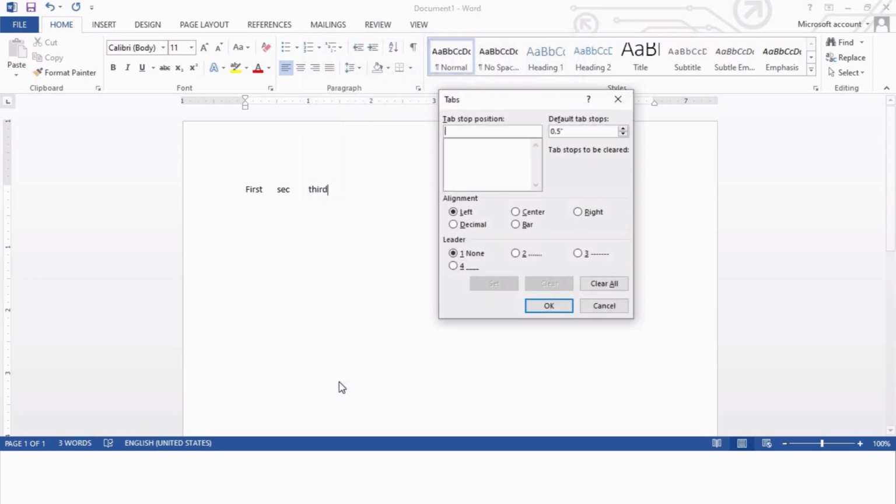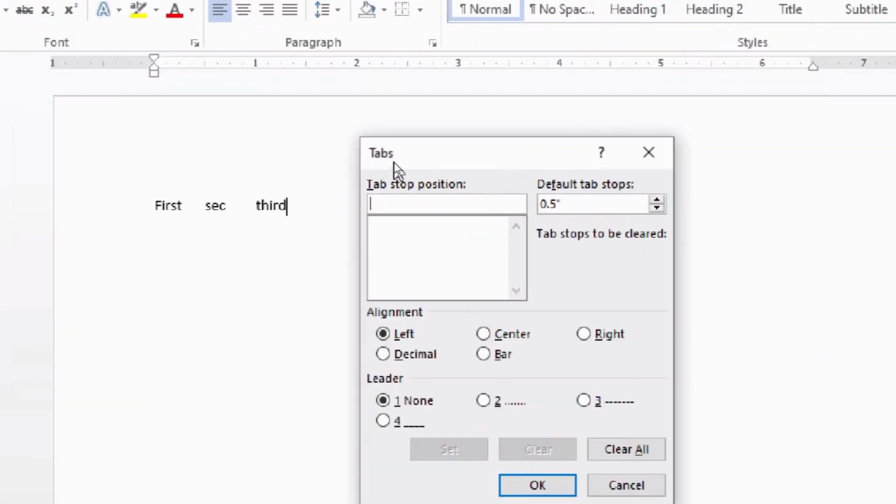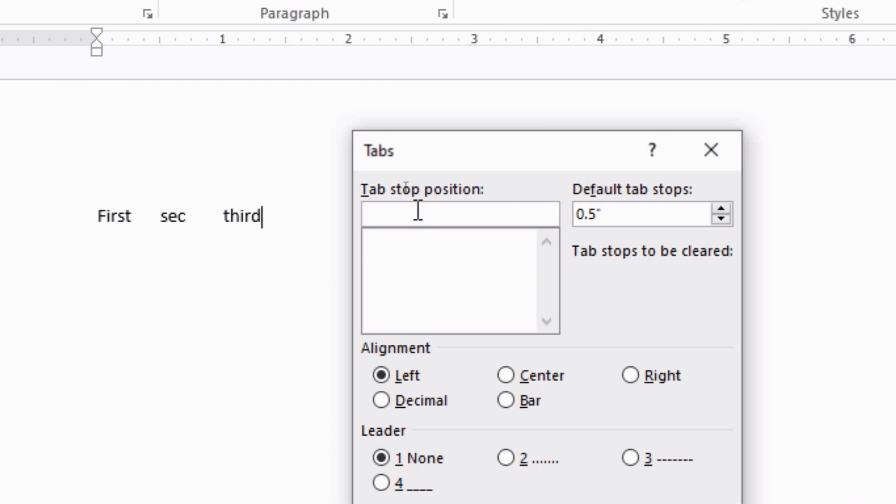I clicked on this tabs option. Another window appeared on my screen with the title tabs, and from here we can set the tab stop positions. We can define tabs with different values also. By default, whenever you press the tab key, it jumps to a definite value with equal size.